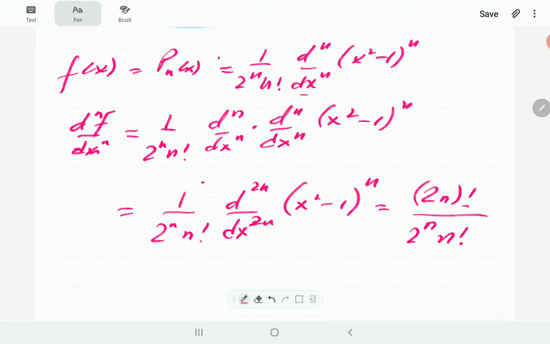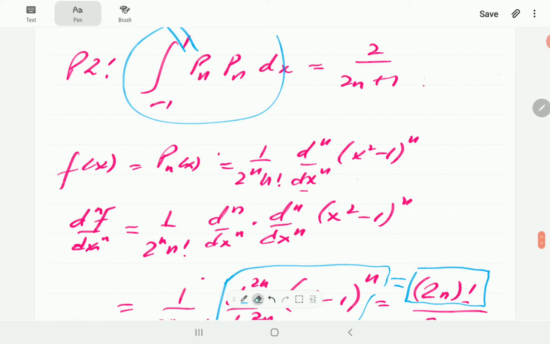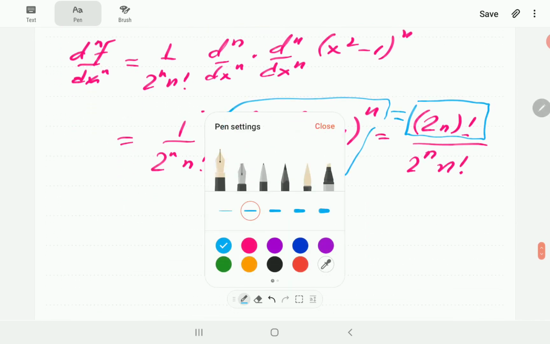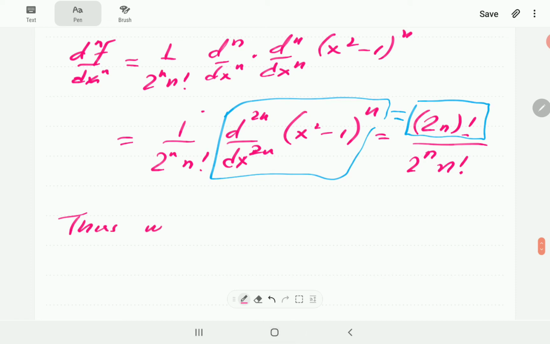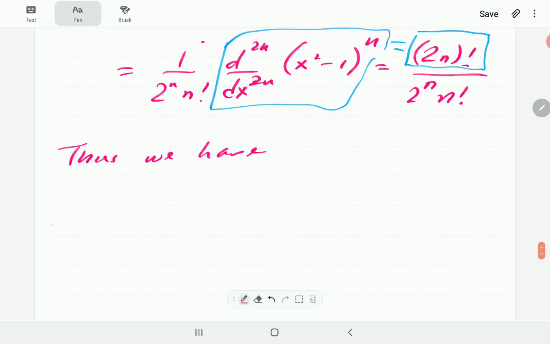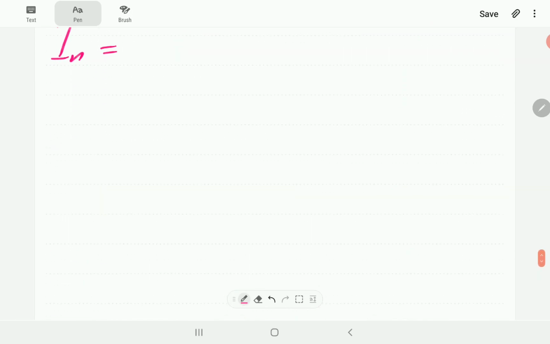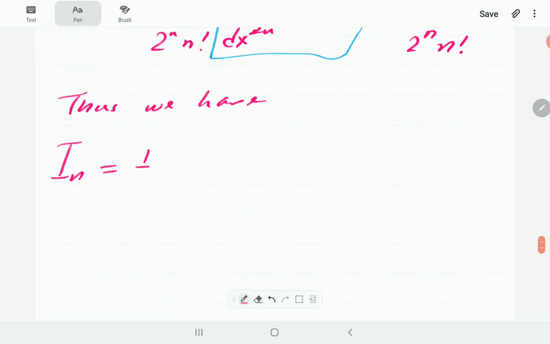You can actually prove that this term here is equal to that term there by mathematical induction. So what we're simply going to do is take this term here and plug it there. Thus we have, so our In this time, remember, is this term there. So our In is going to be equal to 1 over 2 to the power n times n factorial, integral from minus 1 to 1,